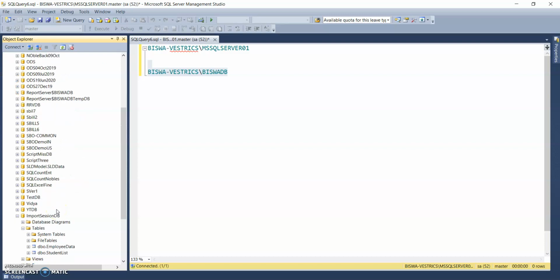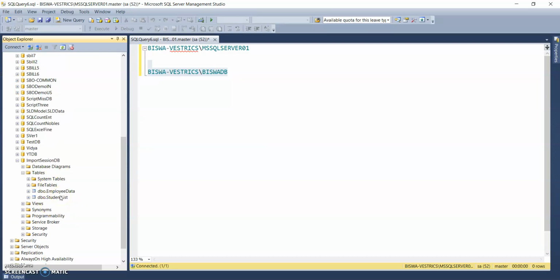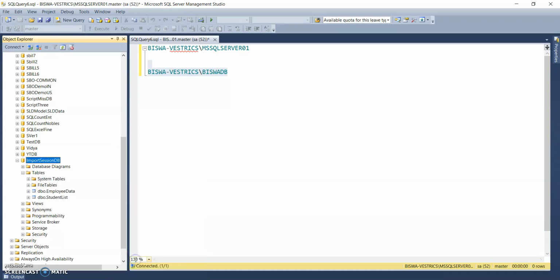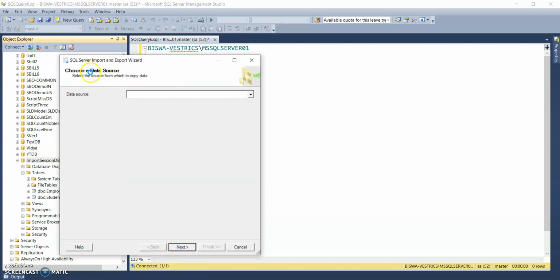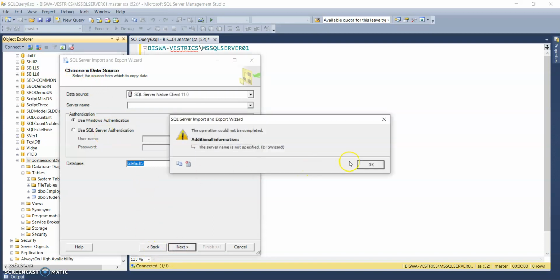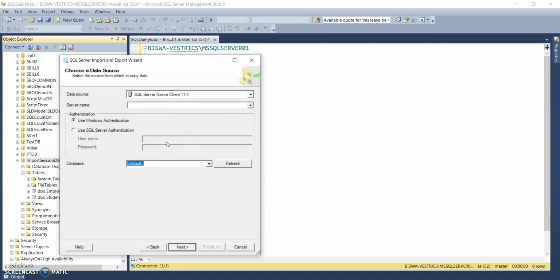So here you learn how to do import from SQL Server. The same thing we can also do for export, but you need to see it when we select Tasks, Import Data. Here you can see the source. While doing this import and export in SQL Server, guys, be careful on this select source, and after clicking, select destination. This destination and source should be perfect. Do recheck again and again before clicking the finish button.